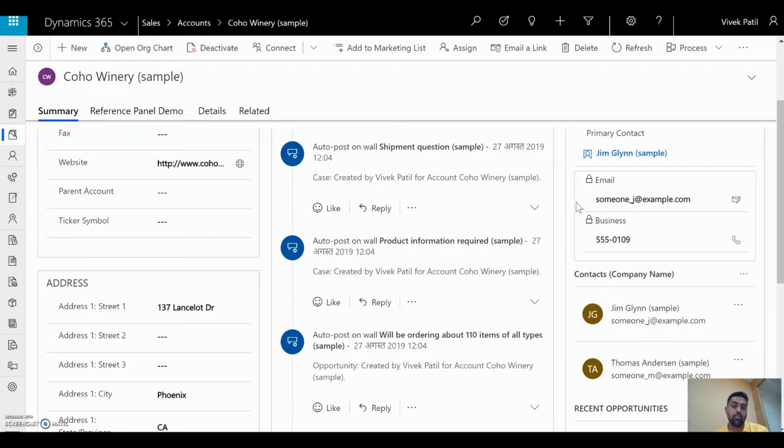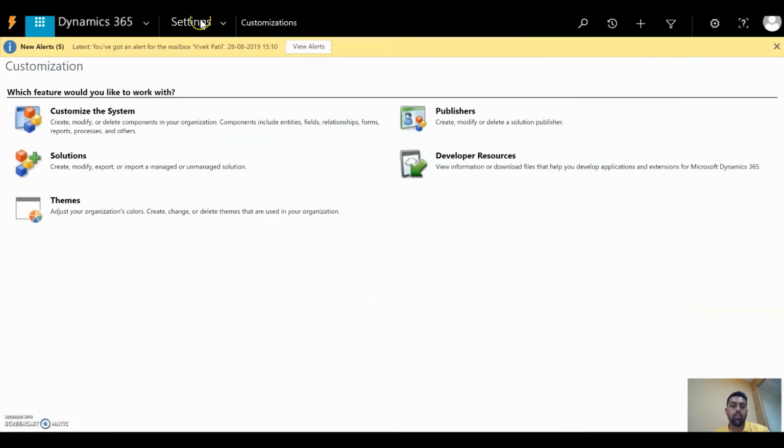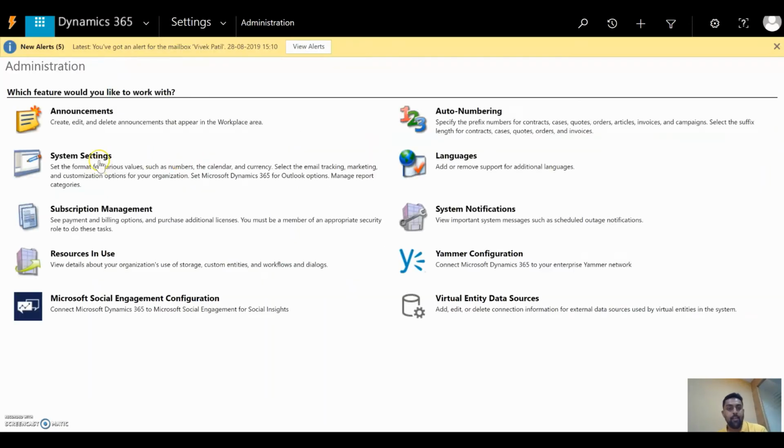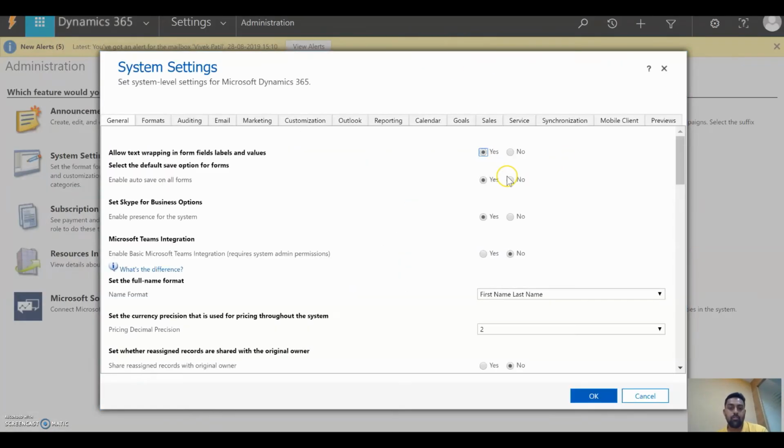But however, this is a good use case to start using, and a very quick one which UCI introduces to you out of the box without having the need to do anything. Where was this enabled? By chance, if this is disabled in your organization, you will need to go into the settings, and then you need to go into